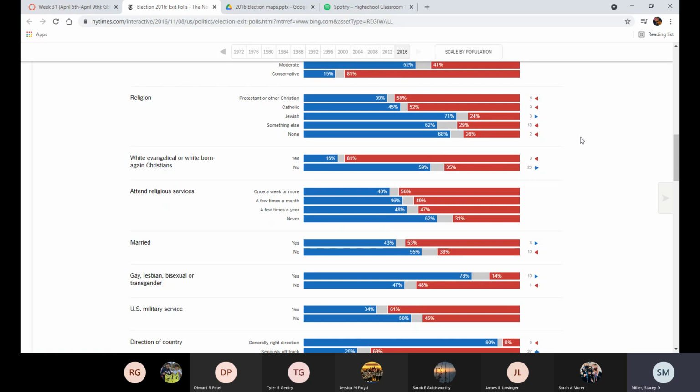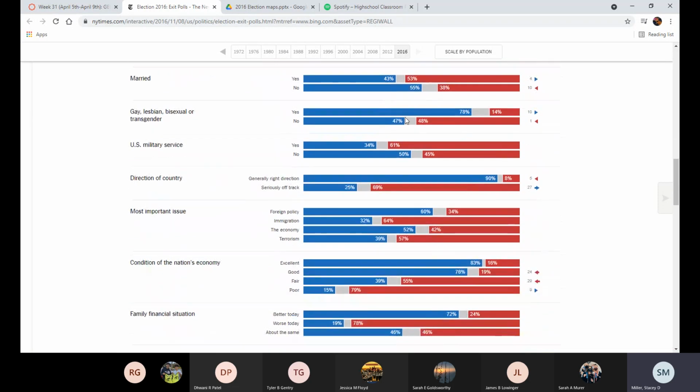Even though there's nothing to say that they can't, religion plays such a heavy role in something like evangelical voting and the religious vote, that to do that would be to significantly disadvantage yourself, especially in rural or southern areas, right? Does that make sense? Yeah, you can do it. There's nothing saying that a president can't be atheist, but the fact is that a president probably wouldn't run on that platform even if they were, right? Because you're disadvantaging yourself entirely there.